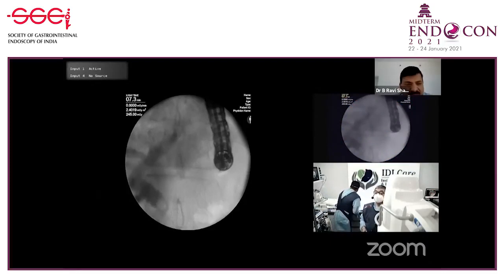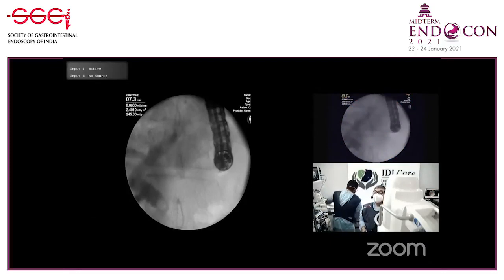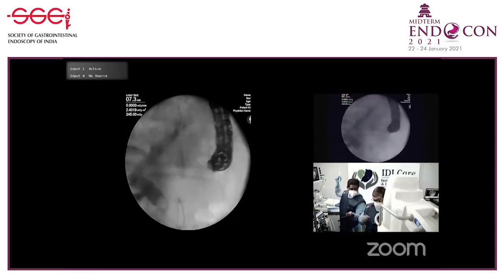Yes, yes, we are seeing the stone. It's a nice round stone. So I think there is no stricture. The stone was completely missed by the MRCP and the CT and the ultrasound. They all showed a narrowing, so this stone is in the left intrahepatic duct. And I think that was seen as a stricture, but now we have clarified this. So even if my rendezvous fails, I will try an ERCP and take it out.